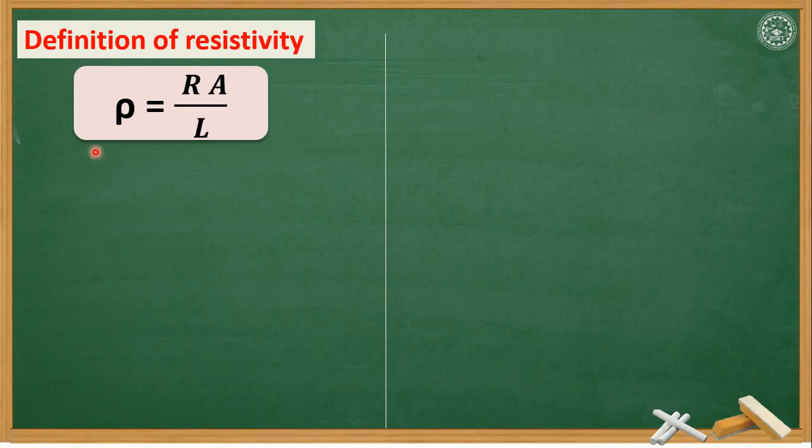We know rho is equal to RA upon L is a formula for specific resistance. If L is equal to 1 meter and A is equal to 1 meter square,